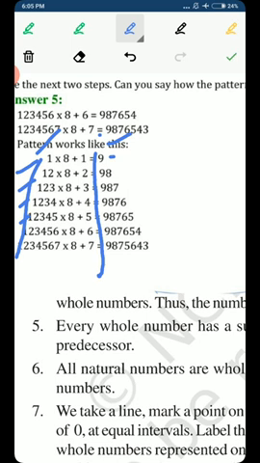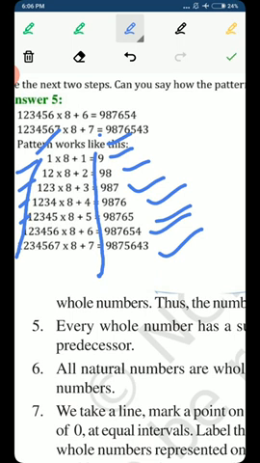On the right hand side we have written 9 in the first step, then in decreasing order 9 8, in the next step decreasing order 9 8 7, in the next step 9 8 7 6, in the next step 9 8 7 6 5. So I hope you are able to understand. It means after 9 8 7 6 5 what will come? 9 8 7 6 5 4, and after 9 8 7 6 5 4 what will be the next step? 9 8 7 6 5 4 3.